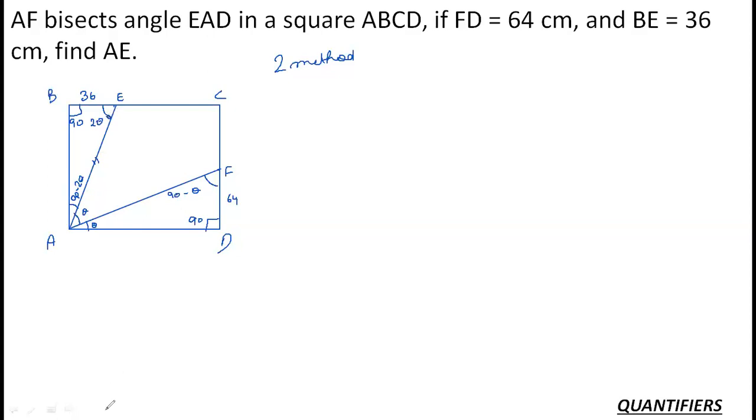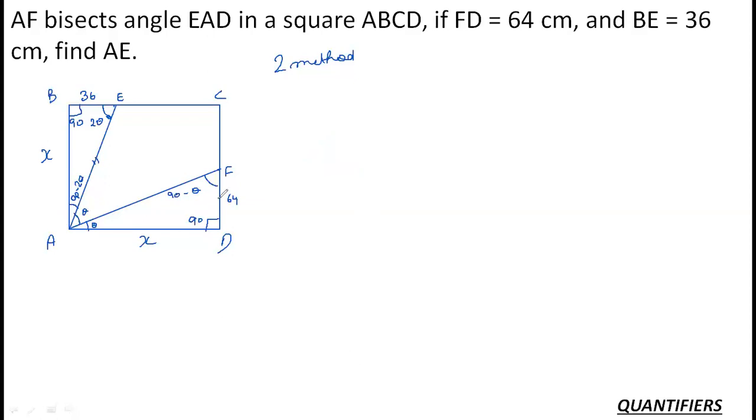Now, I have to find the length of AE. So this is a right angle triangle. This is also a right angle triangle. Since it is a square, let's say this side is X. This side is also X. Now these are not directly similar triangles. Similar to है, तो similarity तो लगेगी नहीं यहाँ पे. What we can use is, if my triangle is a right angle triangle, I can apply some trigonometric ratios. ठीक है?